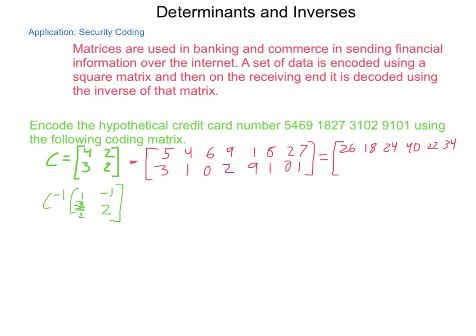I think I'm going to run out of room here. 8 and 0 makes 8. And 28 and 2 makes 30. Barely enough room. Now row